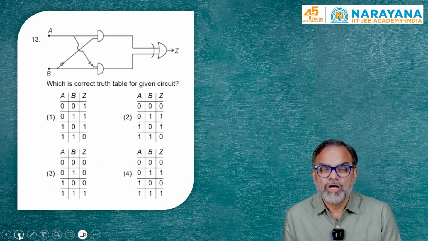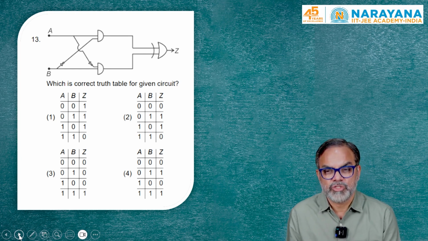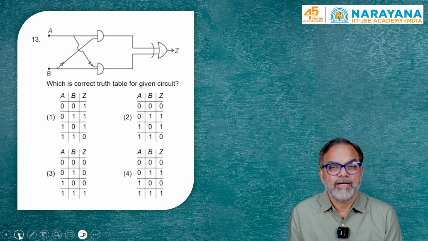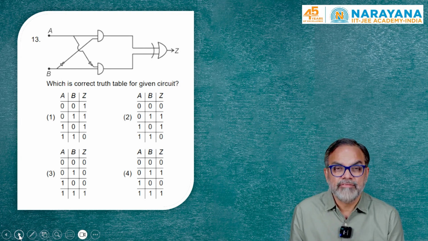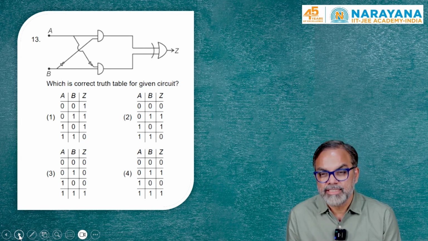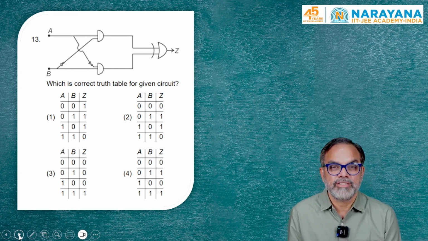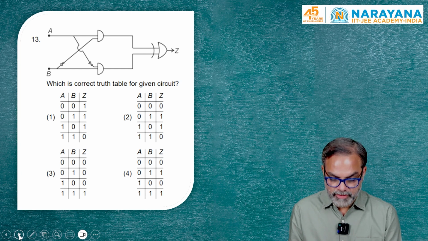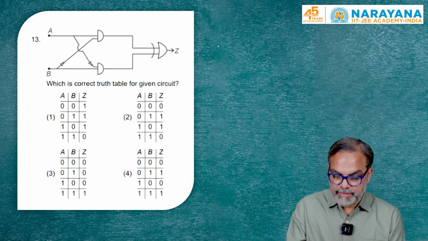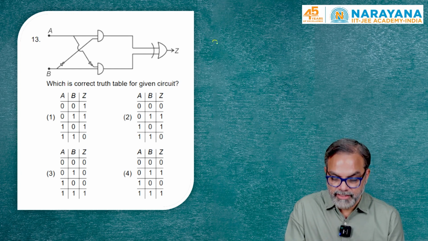Although it is not part of the JEE Main syllabus, and it is not there in NCERT also, still it has been asked. It is the exclusive OR gate. Normally students miss and avoid the exclusive OR gate and exclusive NOR gate. So, if I write the Boolean expression for Z, right students,